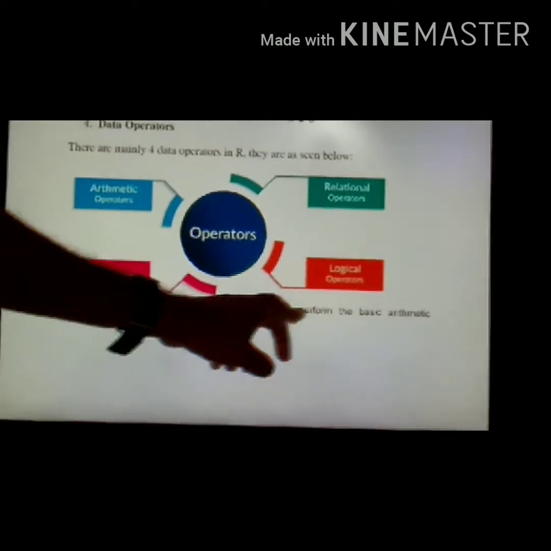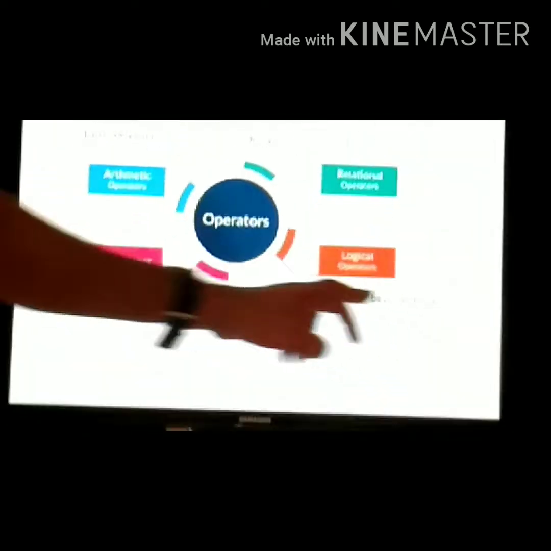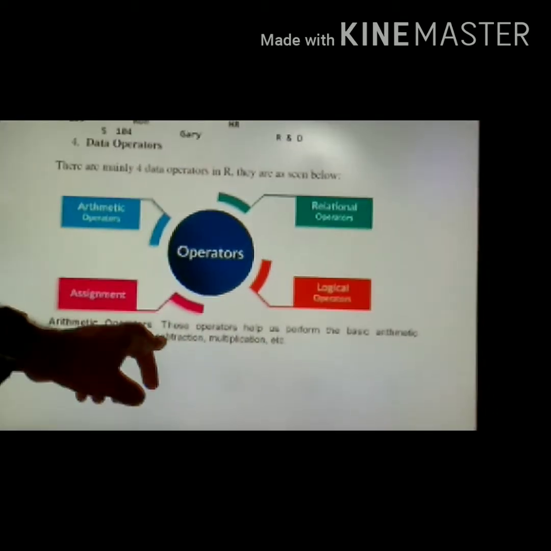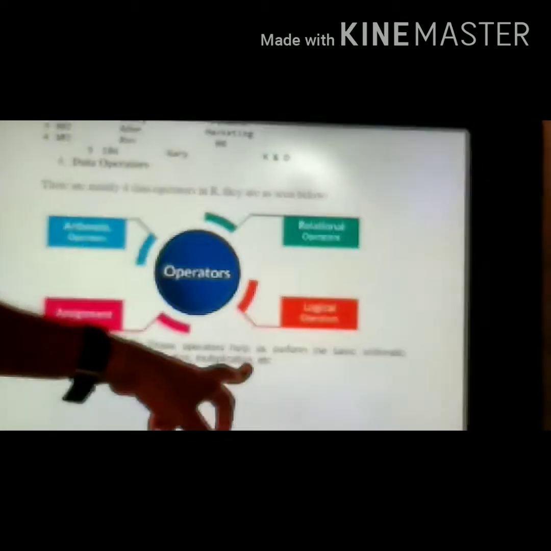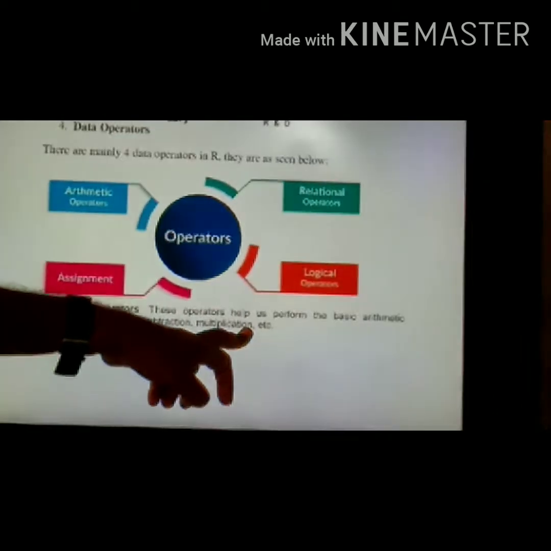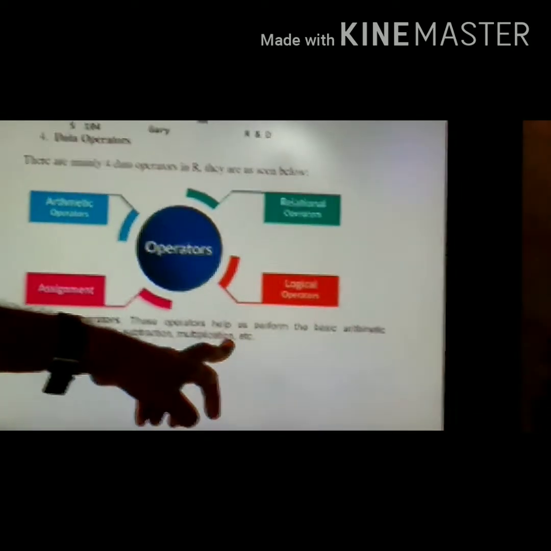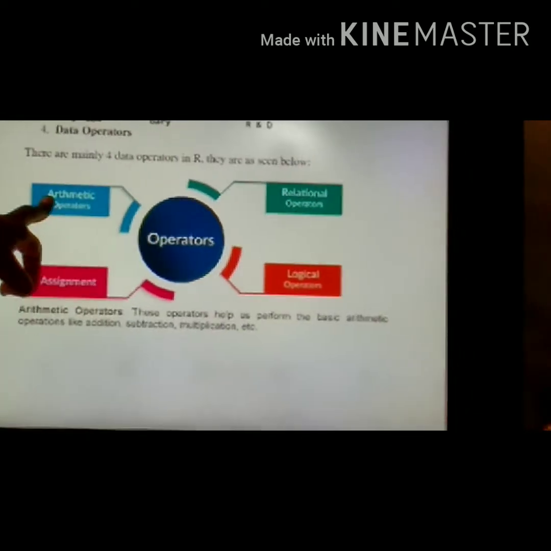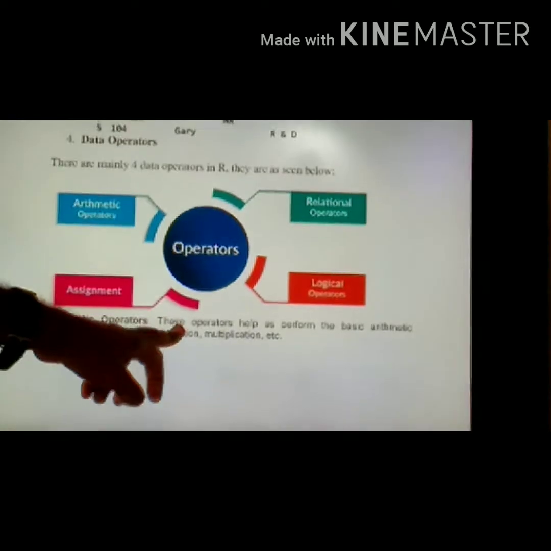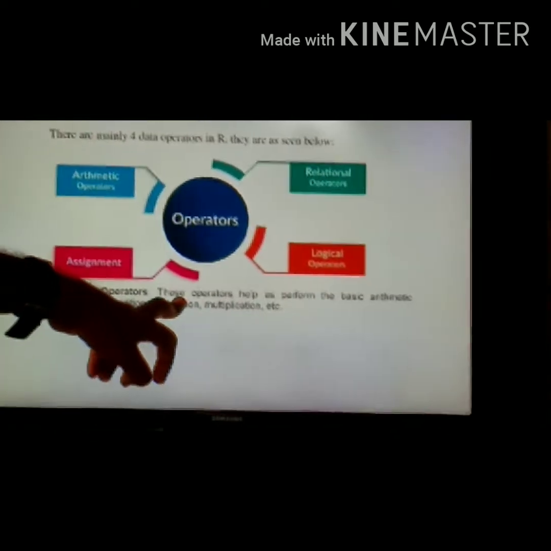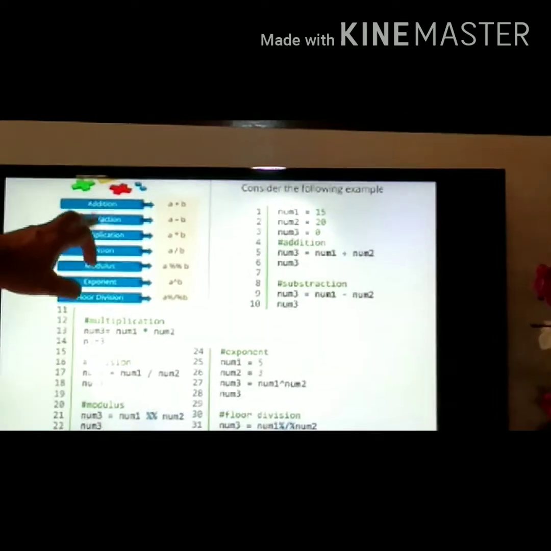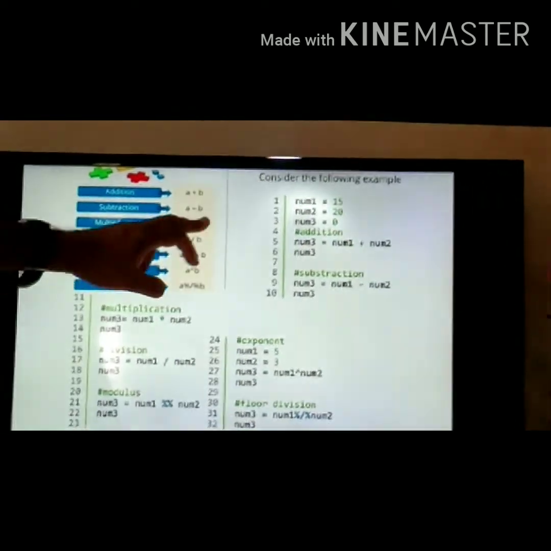These operators help us perform basic arithmetic operations like addition, subtraction, multiplication, modulo division, floor division and exponential value. All of these come under arithmetic. These are very fundamental operators for any concept. These are the arithmetic operator symbols: addition and subtraction are common symbols everybody knows.